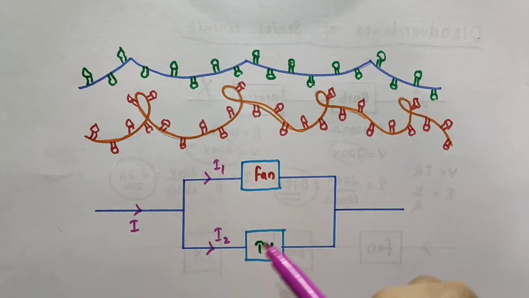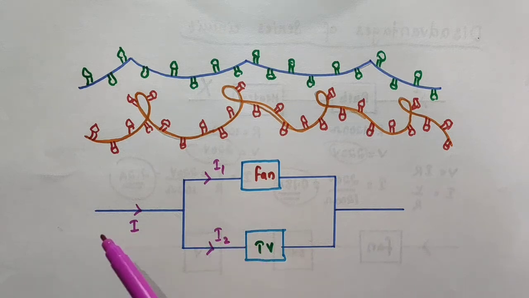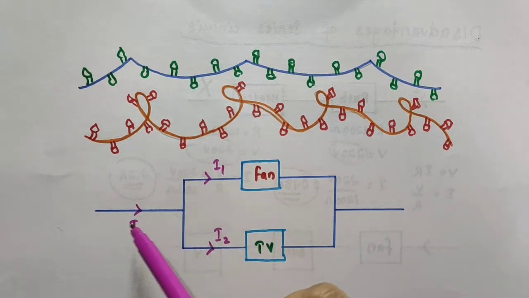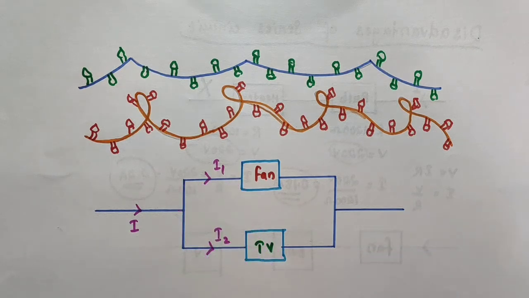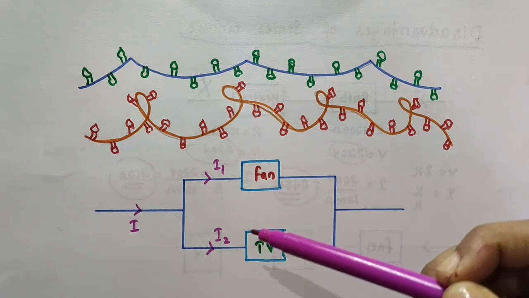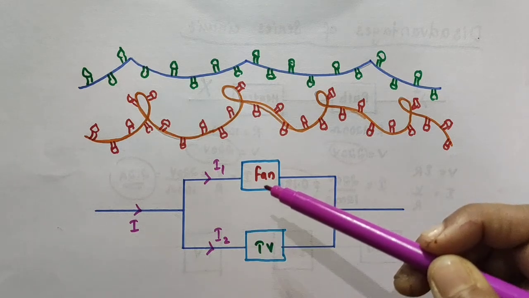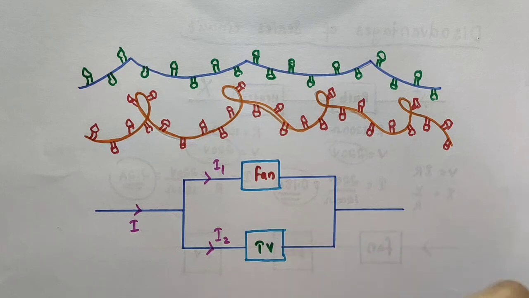On the other hand, a parallel circuit divides the current through the electrical gadgets. We know that if I is the current flowing through the whole circuit, that gets divided into I1 and I2 like this. So parallel combination is helpful when the gadgets have different resistance and require different current to operate properly.